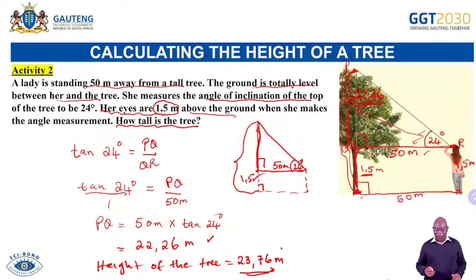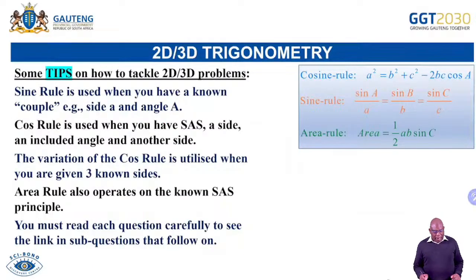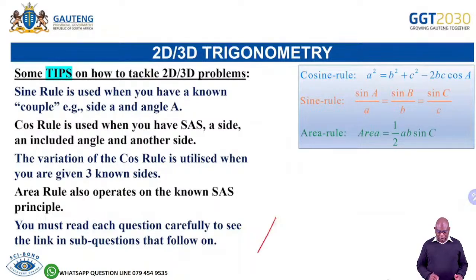Okay. All right. Now let's move to the 2D, 3D now. To the 3D. Now, remember what we were doing? We were working with a right-angled triangle. In the right-angled triangle, it is easy for you to use the sine, cos, and tangent. But what about when we have a triangle which is not a right-angled triangle? For instance, if I take a triangle like this,